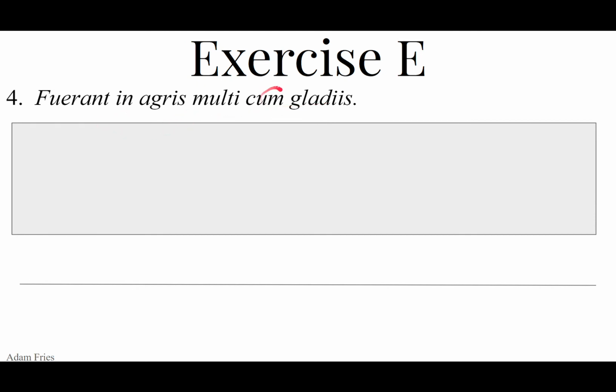Cum, preposition, takes the ablative to show either accompaniment or manner. Gladius, from gladius, masculine, a sword, Roman's short sword, a gladius Hispanicus. They stole it from the Celtiberians. Gladiis, this is going to be the ablative plural masculine. Could be dative, but because of the preposition cum, which always and only takes the ablative, my suspicions are driving me towards saying that this is ablative. So cum plus the ablative of accompaniment, they're with swords. They're in the company of swords. They got some swords with them.